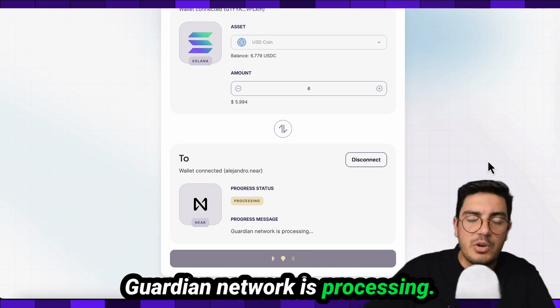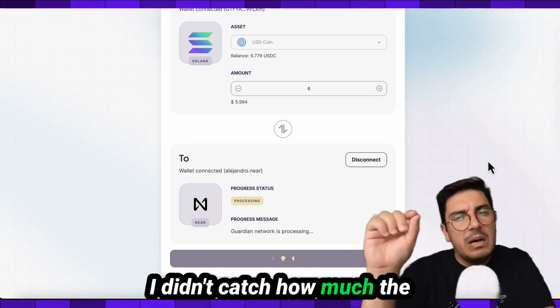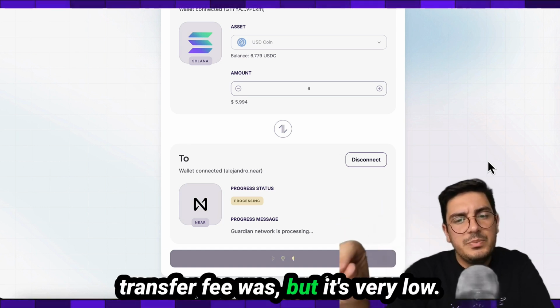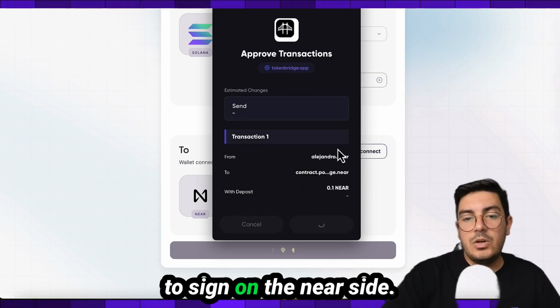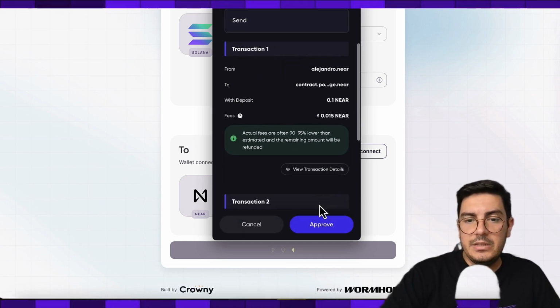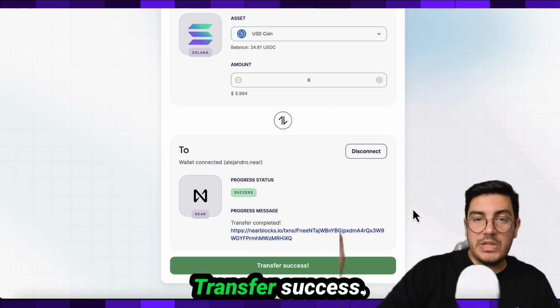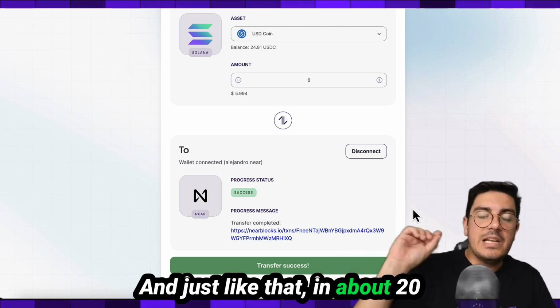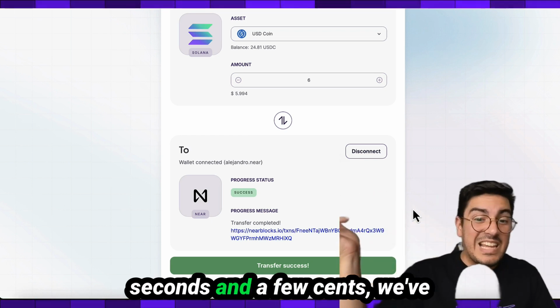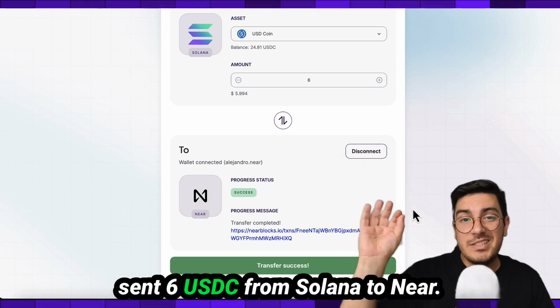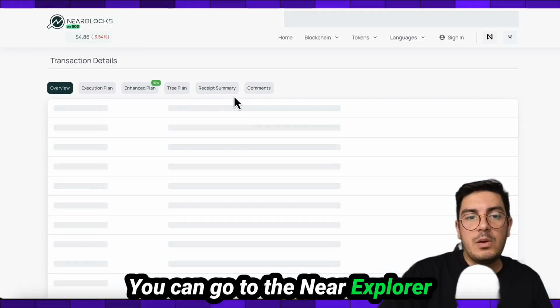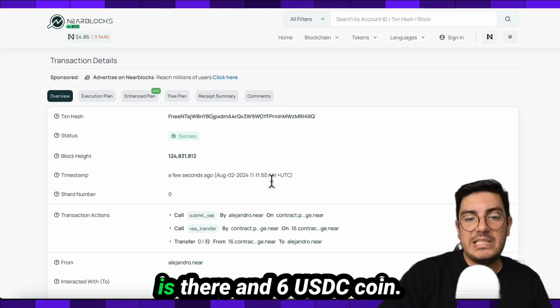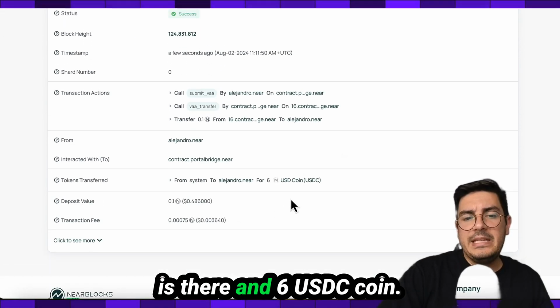Guardian Network is processing. I didn't catch how much the transfer fee was, but it's very low. Now it is prompting me to sign on the NEAR side. Click approve. Transfer success. And just like that, in about 20 seconds and a few cents, we've sent 6 USDC from Solana to NEAR. You can go to the NEAR Explorer and confirm that the transaction is there